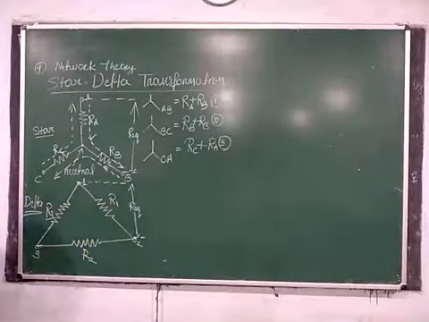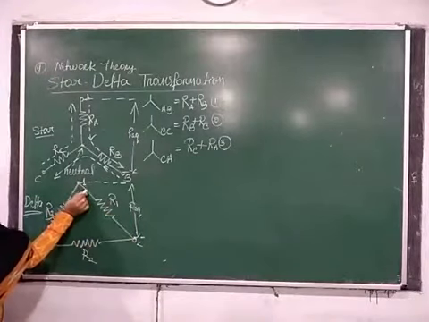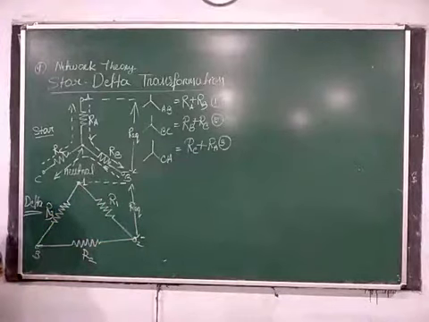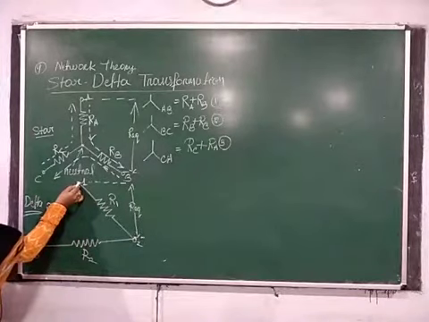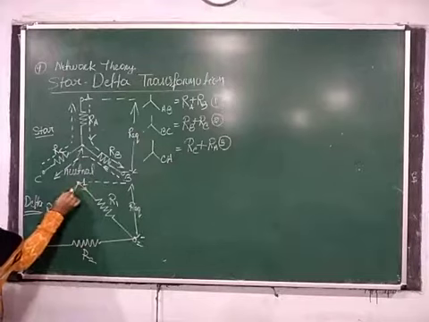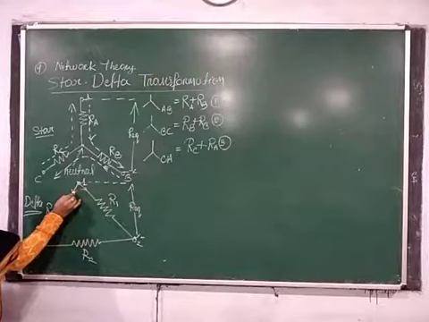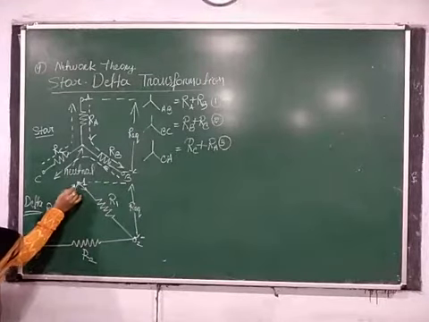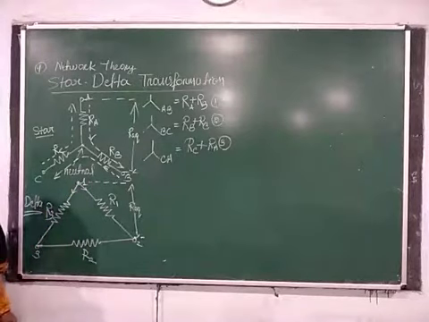If you find the equivalent resistance between terminals 1 and 2, if you start your movement from this point, you get two paths, this one and this one. The arrow mark shows the direction of movement. This is the easy way to find equivalent resistance.